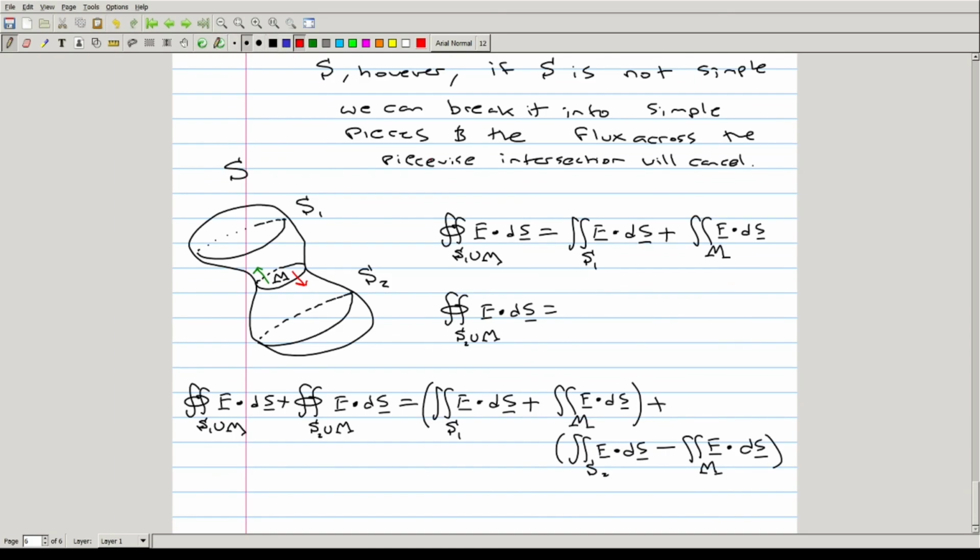Which gives us a cancellation because these two integrals are the same, but they're opposite sign. So this is just equal to the total surface integral over S itself, or S1 union S2,